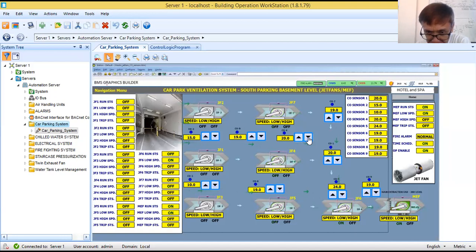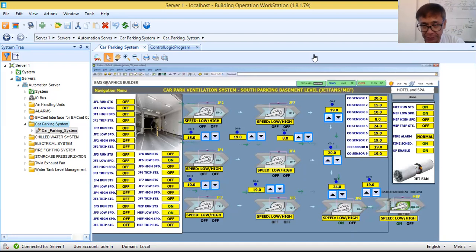I think that will be 20, less than 20 or equal to 20. I really have a problem here in my control logic program. Now here, CO7.